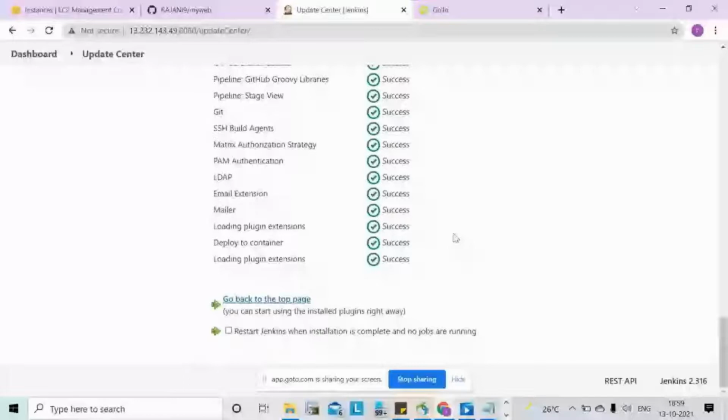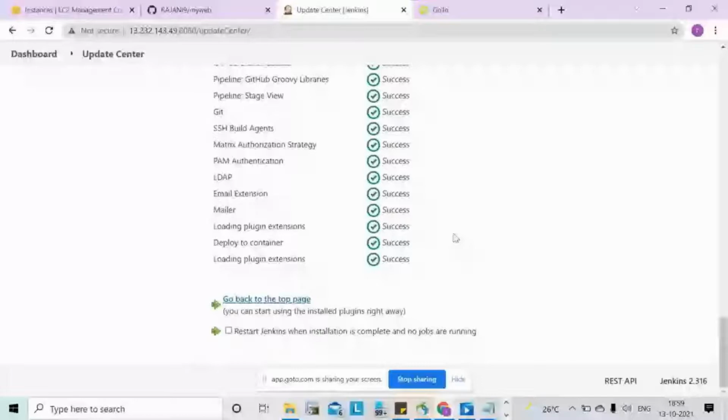So we redirect the Maven generated file to Tomcat or a container. Am I correct? Yes, that's the purpose of deploy to container. I'll show you. Configure.